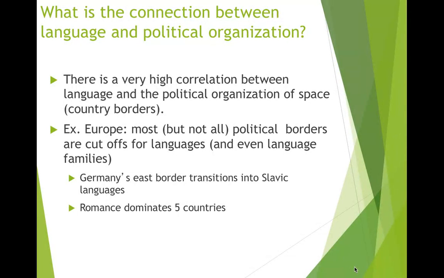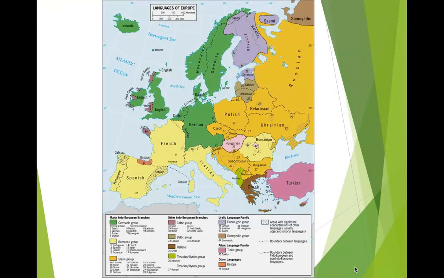We just looked at Spain, which obviously doesn't follow that idea. But the Romance branch basically dominates at least 5 of the countries in Europe. When we look at the map here, you can see the language families tend to follow borders. Again, there are some differences. Like we said, Spain has seen differences with Basque and Catalan. And in the northwestern corner of France there is Breton versus French. But again, for the most part, you can see that it does follow the language families for the borders of those countries.